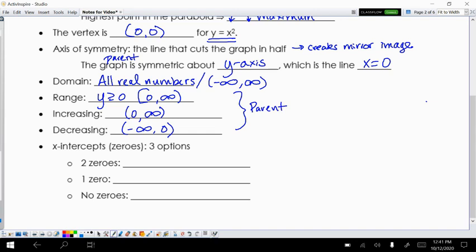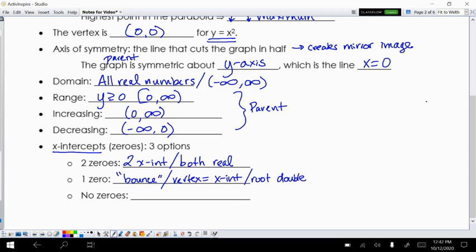Those can change depending on what our graph actually looks like. When we go to graph, we're going to pay special attention to the x-intercepts. And there are 3 possibilities for our x-intercepts. If there are 2 zeros, that means there are 2 x-intercepts, and they are both real. If there is 1 zero, we call that a bounce zero. That means that the vertex is the x-intercept, and we count this root as double, counts twice because it's x